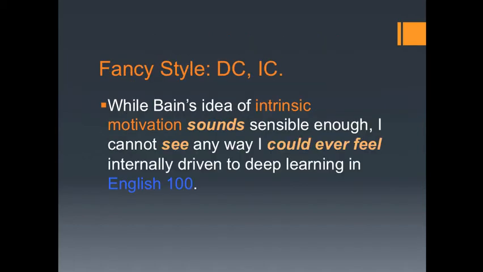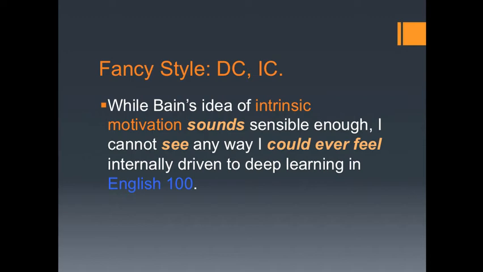And then the third sample sentence on the rubric we can think of as sort of fancy style. This is where the writer uses a dependent clause in front of an independent clause. And you'll recognize this from my lectures about subordination. This is a wonderful sentence structure for you to master this semester, and it's a real goal for me that you do so. And if you remember, while, because, even though, although, when, as, if, these are subordinating conjunctions that you can put in front of a subject and verb.